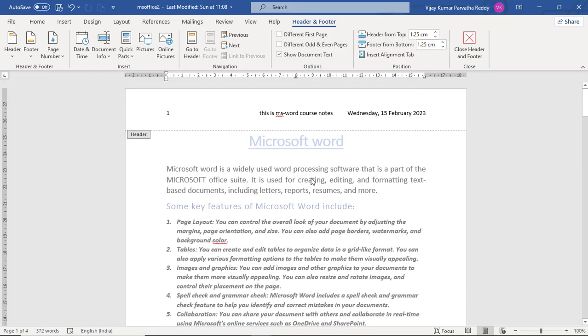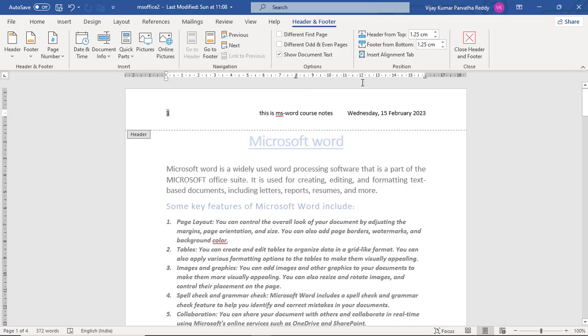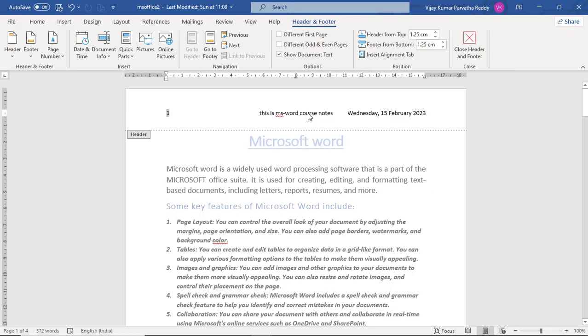And double click on the main area, and double click on the header, you will get it again. Always you can close like this also, close header and footer. So you will get the body of the document, and double click on header and footer.